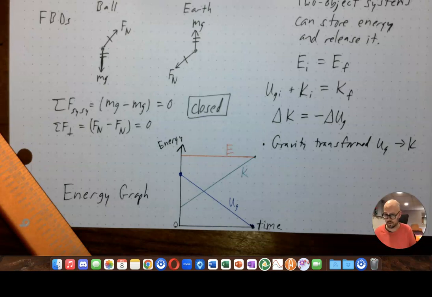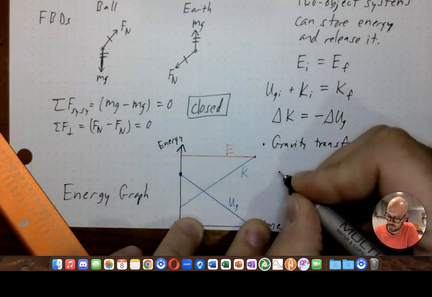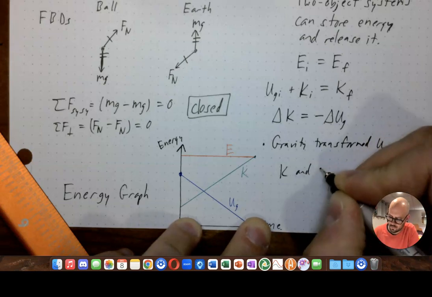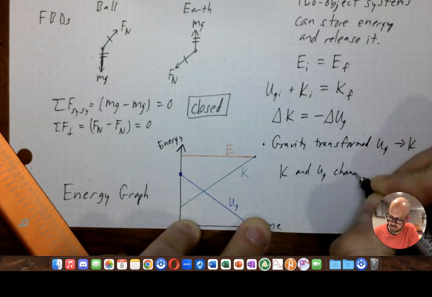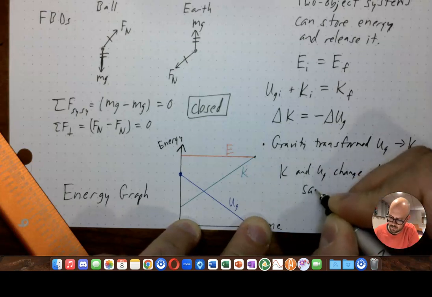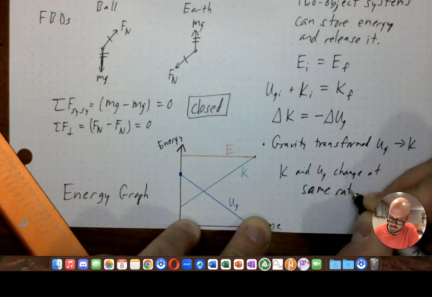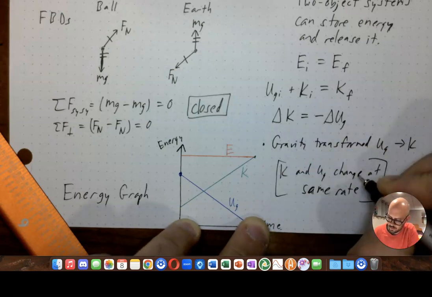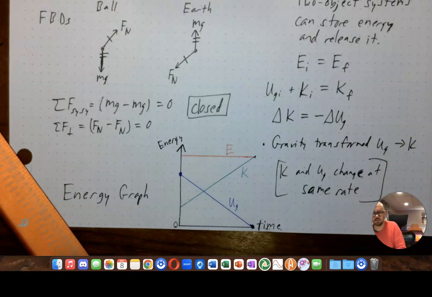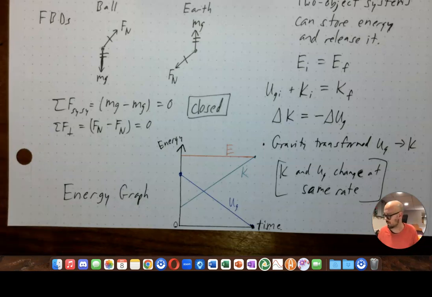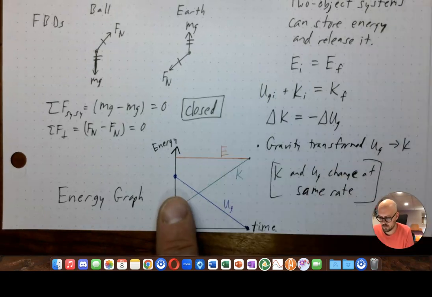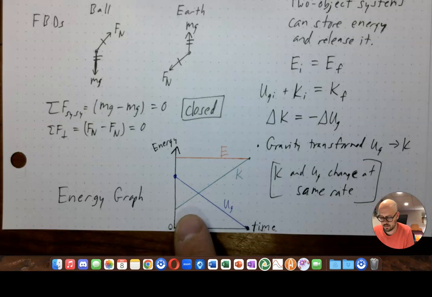So there's something to like keep in mind with this. The kinetic and gravitational energies change at the same rate in this problem. Now, they don't always have to do that because there are more types of energy around in the universe, and it's not always like a one-to-one change. You might have 3 or 4 different types of energy by the time you get to the end of this course. So in this situation, they have to always change at the same rate, and they have to mirror each other when they change. And so this is your most conceptual video of this